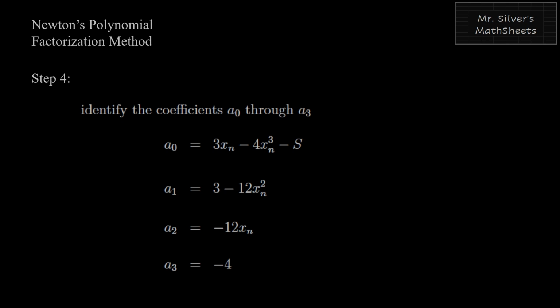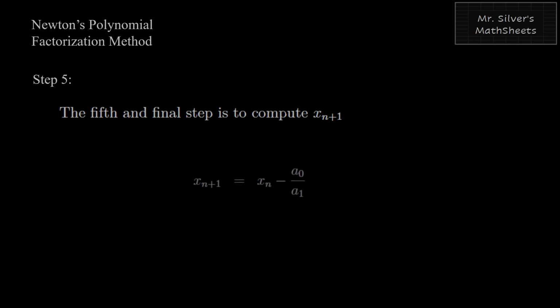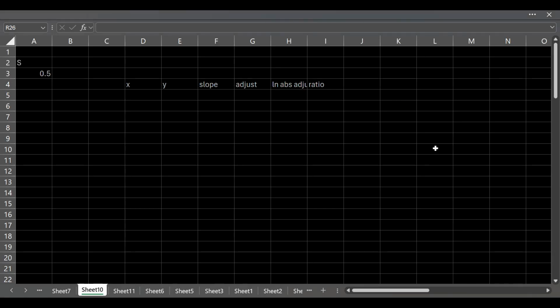Now that we have a0 and a1, we can use those to update x to make it x sub n plus 1 using this formula. And you have to start somewhere, so we'll say x sub 0 is equal to s over 3. So let's go to the spreadsheet and see how